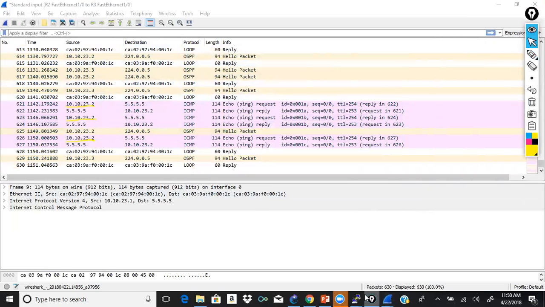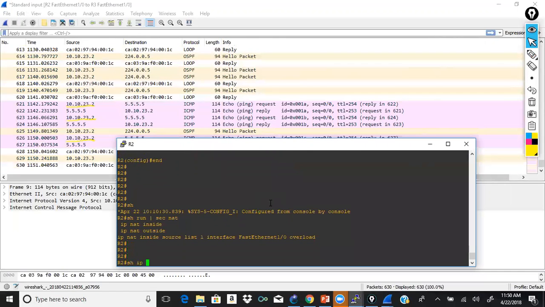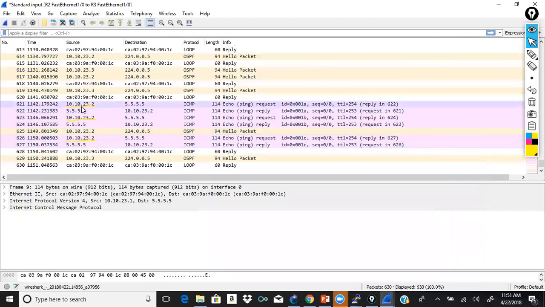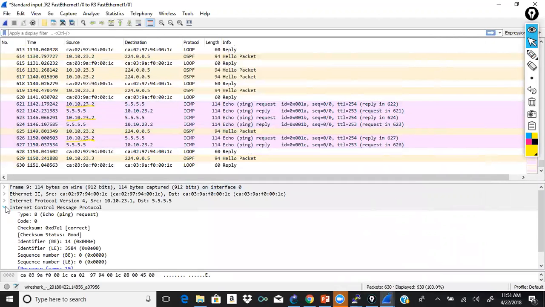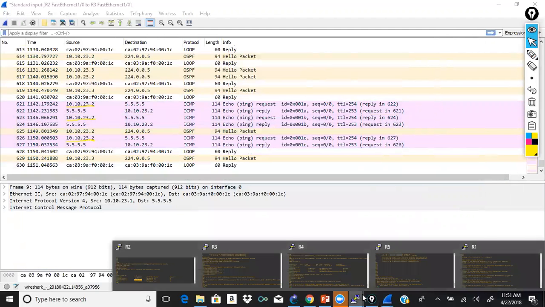So if I come to router 2 and I do a show IP interface brief, this is the IP address that they're getting NATed to. All of them are getting NATed to this IP. So this is, guys, how PAT works. And if we come to router 2